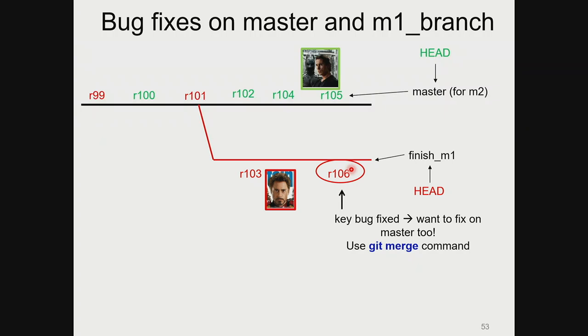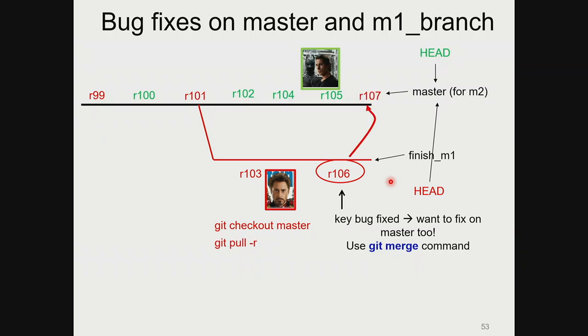Okay, and there are 2 ways to do this. The first way is called git merge, and what it does is it tries to merge the additional changes on the current branch to the master. But the first thing we need to do is git checkout master. Again, checkout moves our working copy to a different commit. In this case, it moves us to a different branch completely because we specified master. Okay, so we do a git checkout master,